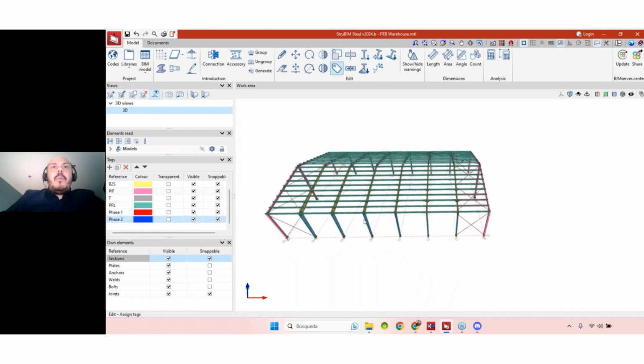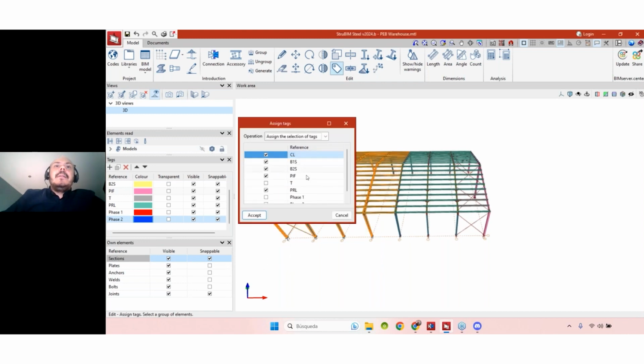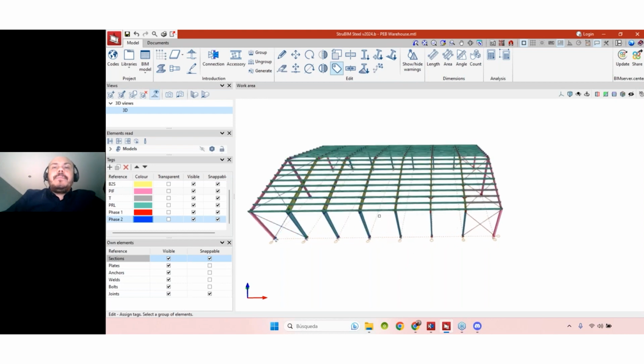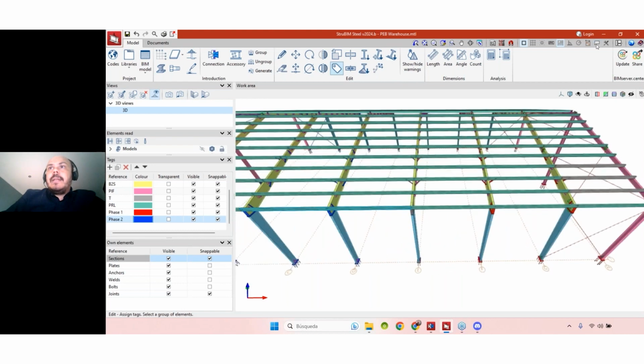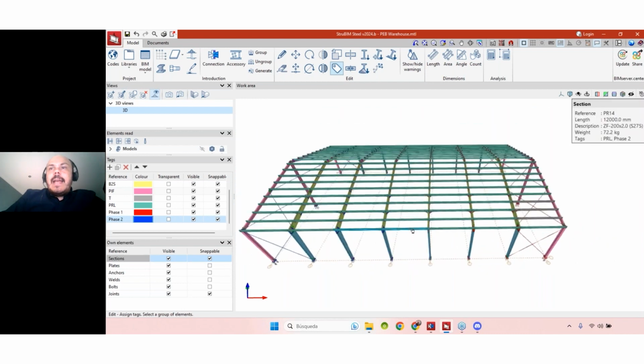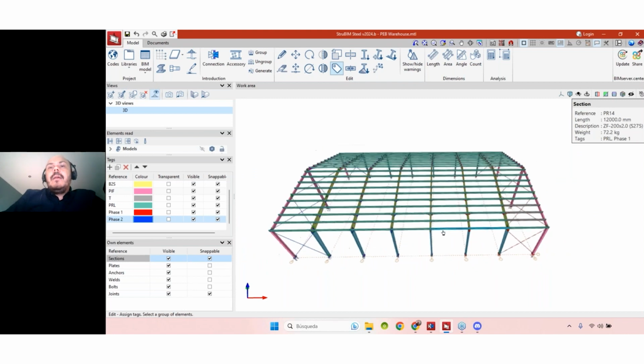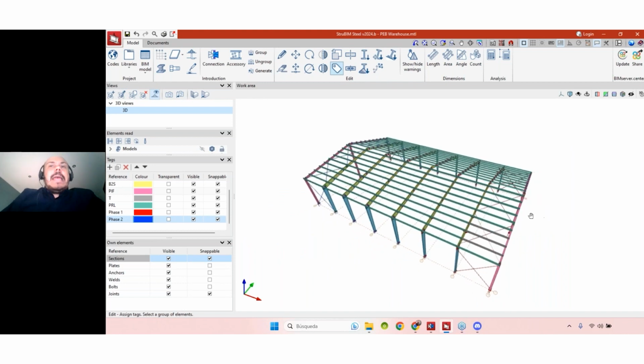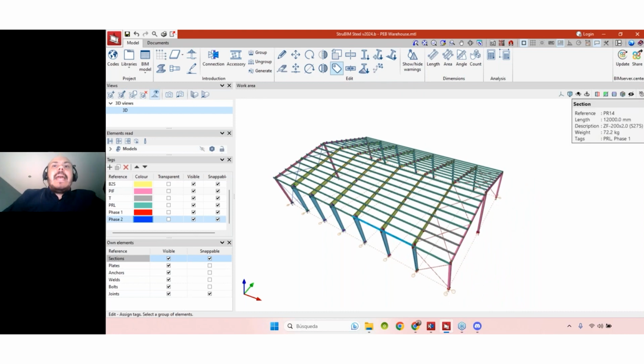For example, I will select these ones here, and I will add the phase 2 tag. These ones, phase 2. If we hover here, sorry, I deactivated it, let's activate again. Here, I can see that this one is PRL and phase 2, and this one is PRL and phase 1. Okay? So now you can add extra tags without changing the previous tags of each element